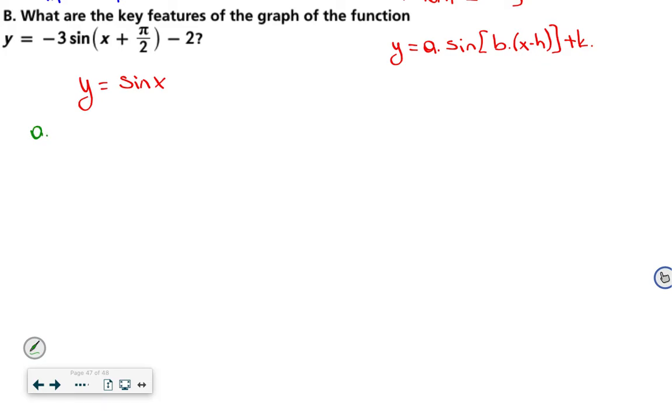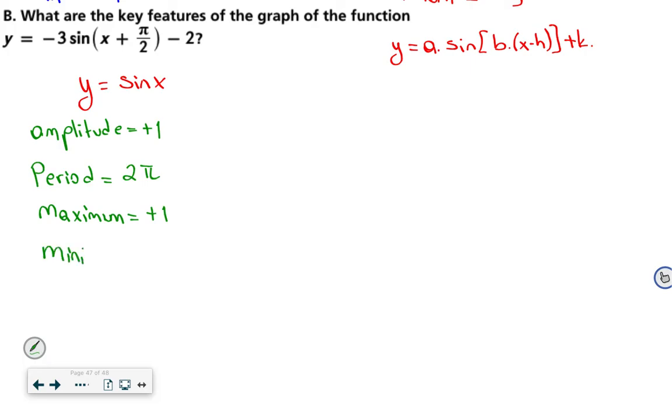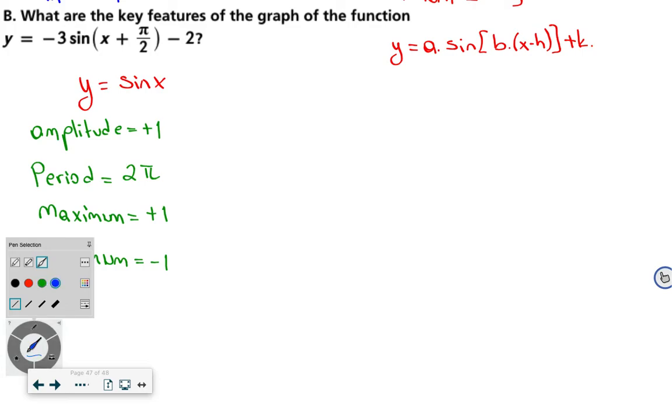Alright, what is the amplitude of the original function? Which is +1. What is the period? Is 2 pi. What is the maximum point? Which is +1. The minimum point is -1. When you compare this, let's find the A. A is